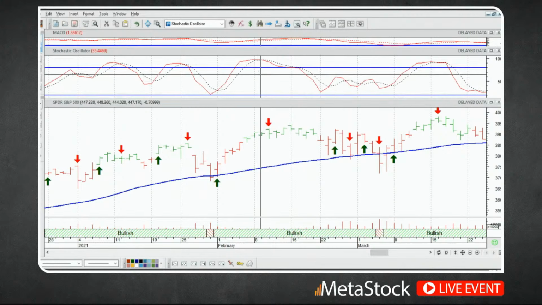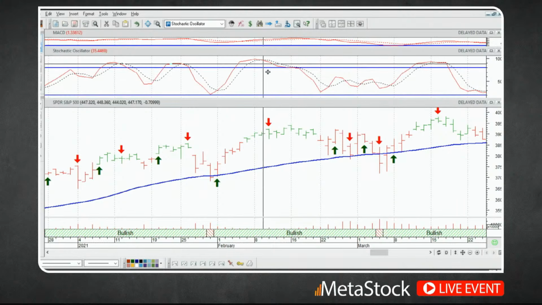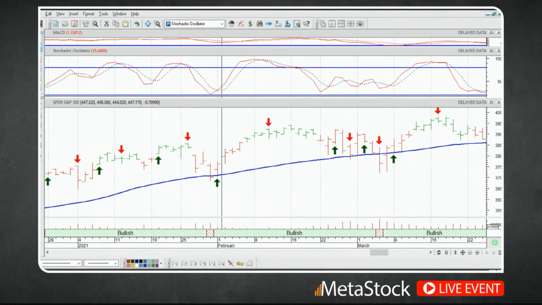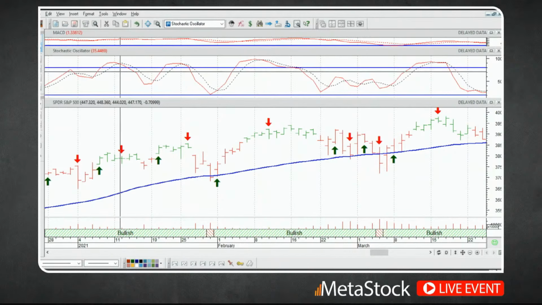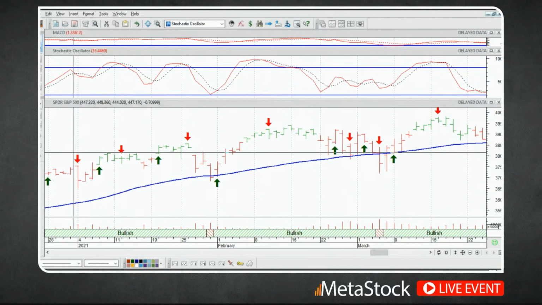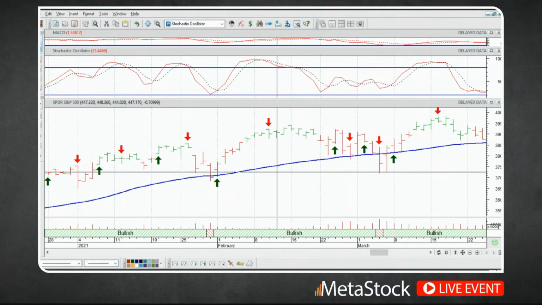Sometimes it's kind of hard to line up exactly where that crossing point is, but sometimes it'll be a little bit easier to find the more obvious ones. And if you find the more obvious ones, that might give you a little bit more confidence in some of the ones that are a little bit harder to read. But as I can see here on the chart, it looks like everything's working correctly. So again, we can move on from here.